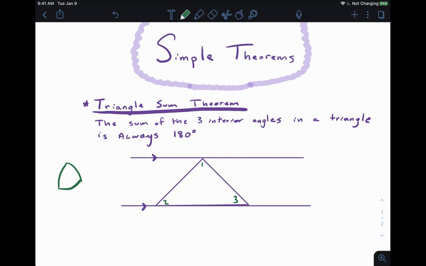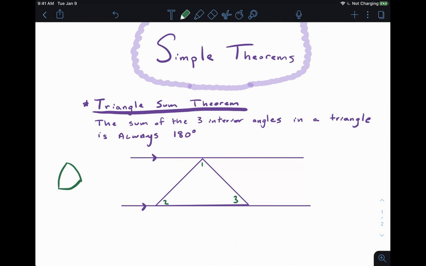the triangle sum theorem is the idea that the sum of the three interior angles, the inside angles, in a triangle is always 180 degrees. We just learned that's not always the case, but that's why it's a theorem. And that's in the Euclidean world, like the flat piece of paper triangle. So if we add up angle 1, angle 2, and angle 3 in my little diagram, we should get 180. Think about an easy example, an equilateral triangle, 60, 60, 60, right? Every triangle, if we add up the three angles, they're not always necessarily going to be the same, but they always add up to 180.